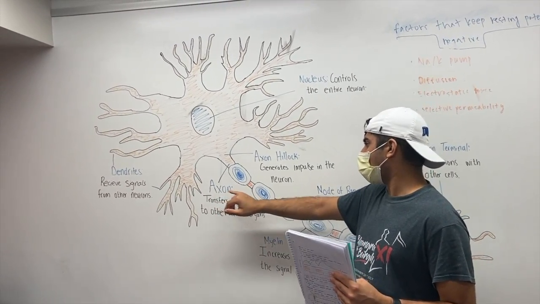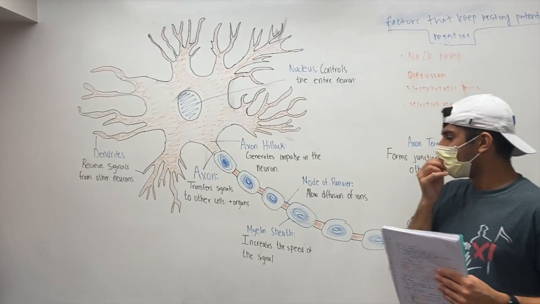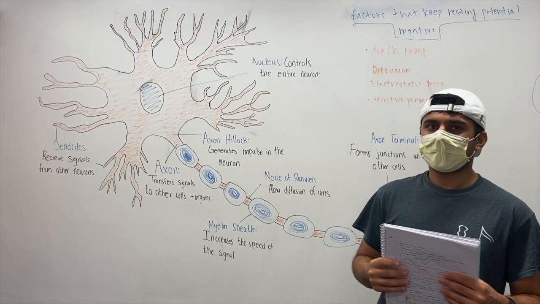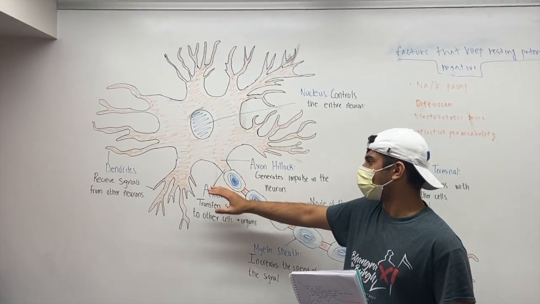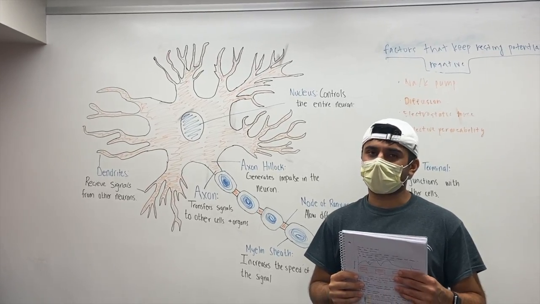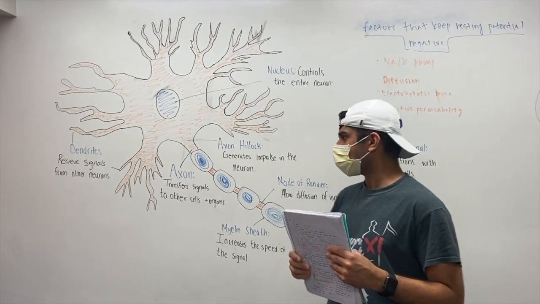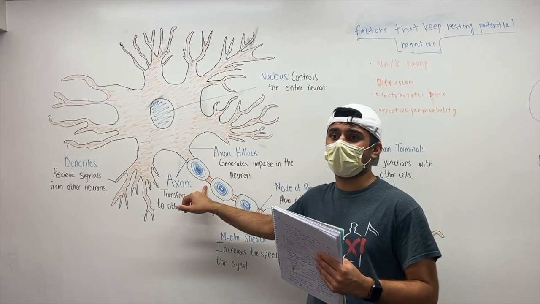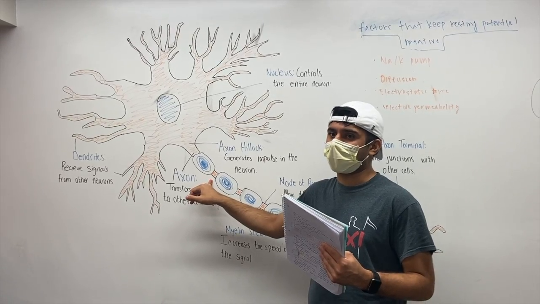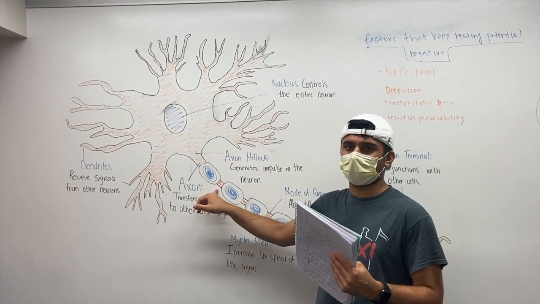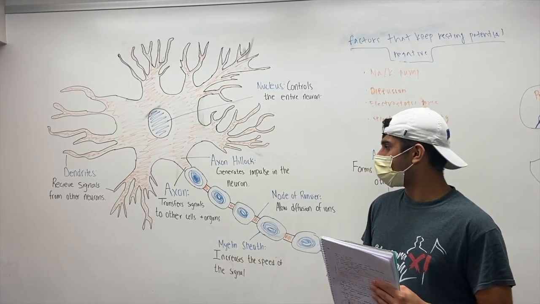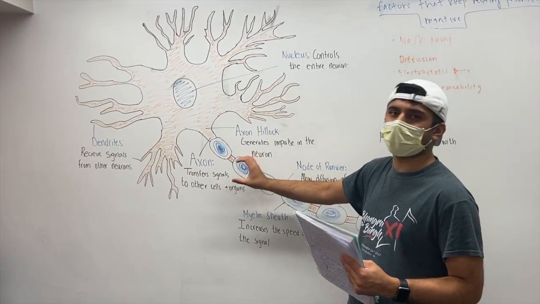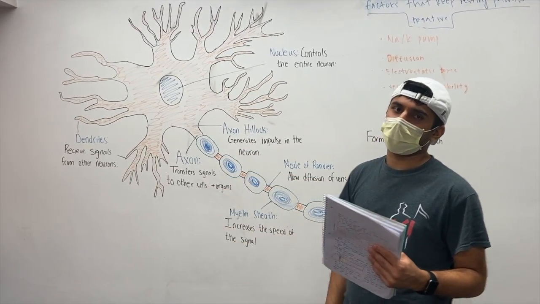Beginning with the axon, we have these areas called myelin sheaths. The purpose of myelin sheaths is essentially to increase the speed of the action potential. This is done by the fact that the myelin sheath protects the axon from the further diffusion of ions, such as Na plus and K plus. Then once you get to the nodes of Ranvier, these are the areas of the neuron that allow the diffusion of ions. So we're going to have Na plus coming into the cell and K plus going out of the cell. This allows there to be enough concentration of ions to continue moving down the axon, protected in the myelin sheaths, and then more diffusion at the nodes.